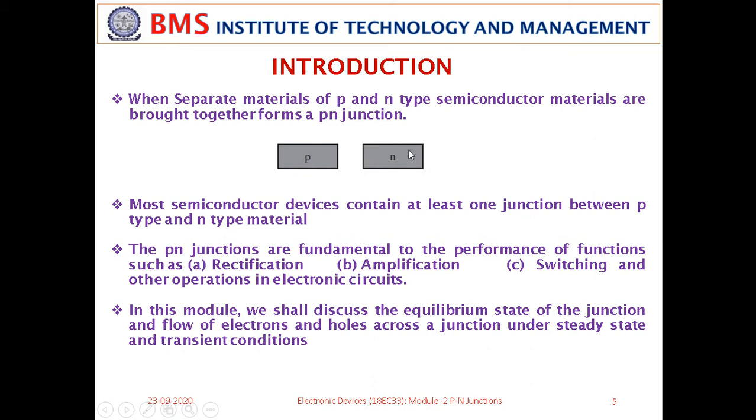Okay, so that's why this is a PN junction or diode, which you can make by diffusing N and P type semiconductor materials into this. Most semiconductor devices contain at least one junction between P type and N type material. You consider any semiconductor device, it will have at least one PN junction. Example, if you take the transistor, it has got two PN junctions. You might have studied